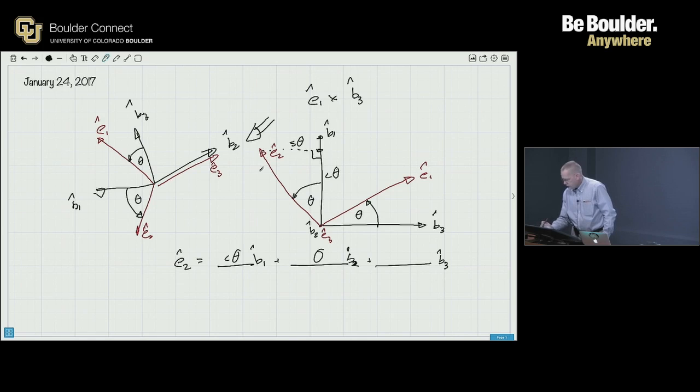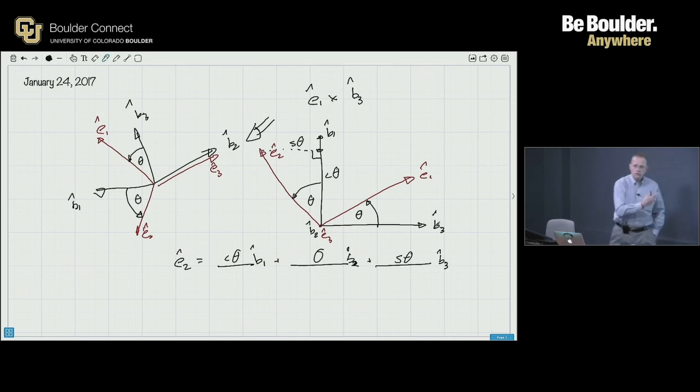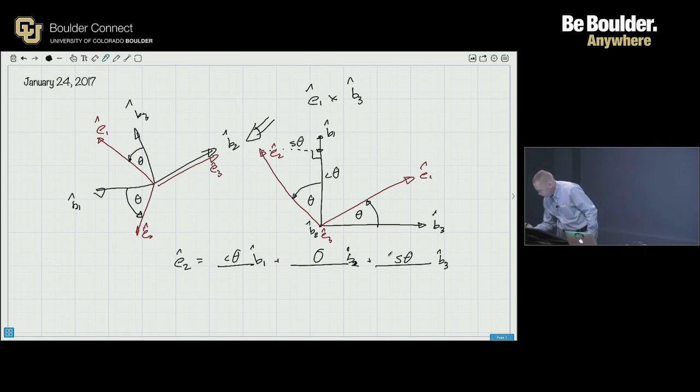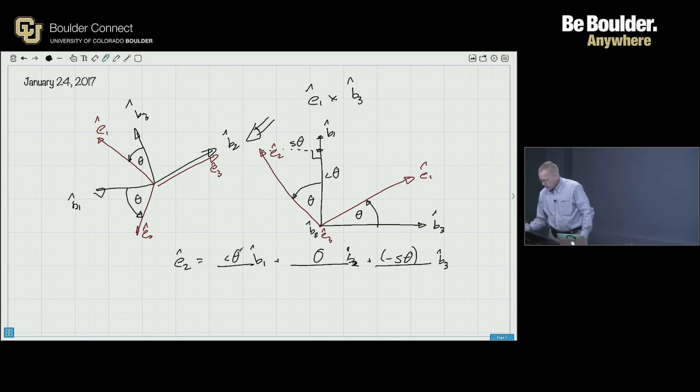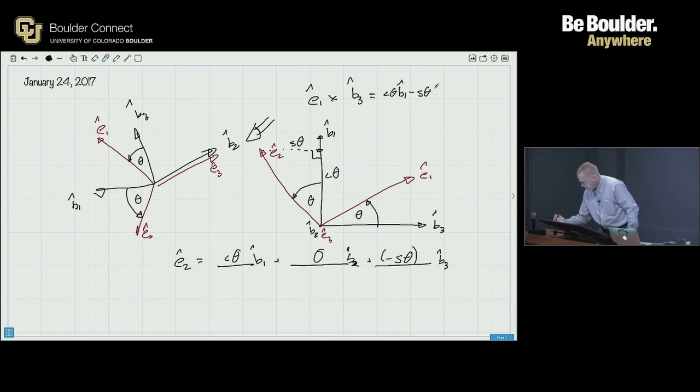We do the projection of E2 onto B3. So we have to go this far, sine theta, in the B3 direction. But is it in a positive or negative B3 direction? Negative in this case, so there would be a minus in front of that. And that's it. Now if I plug this in, this math would simply be cosine theta B1 minus sine theta B3